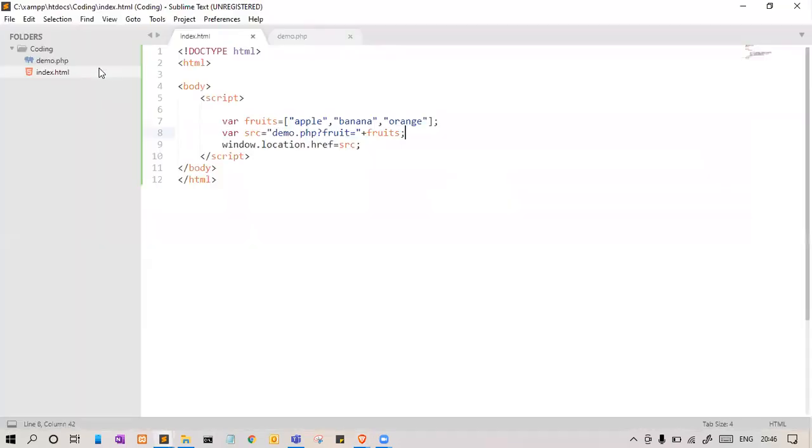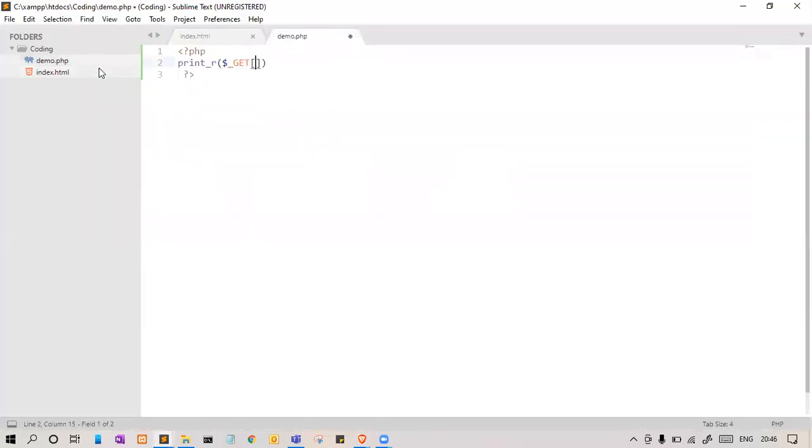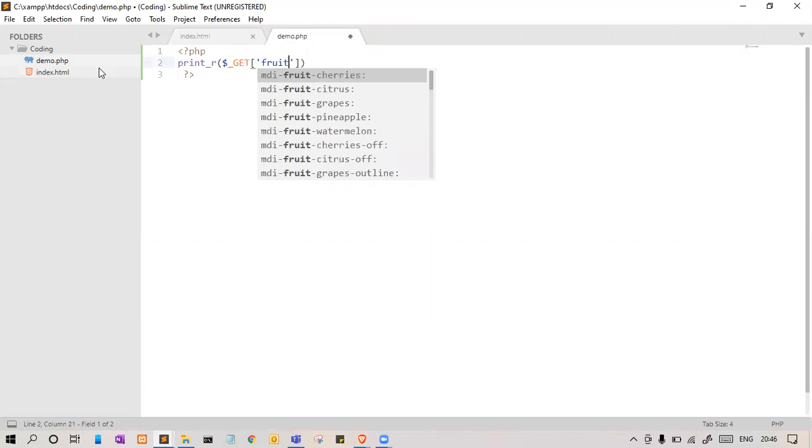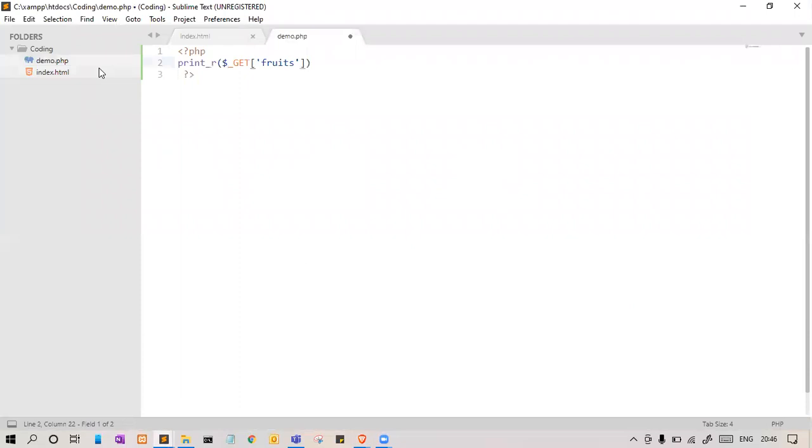Yes, it is passing, but only the fruit key has all the values: apple, banana, and everything. Let us go to the page. What key have we given? We have given fruit, not fruits, so let me use fruit only. Control S, and let us refresh it again.